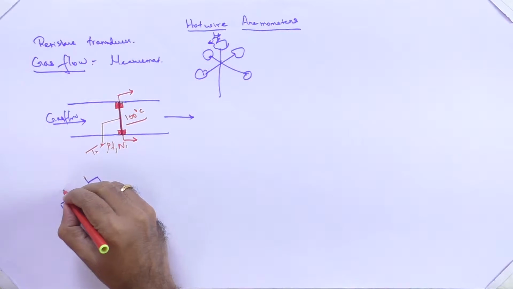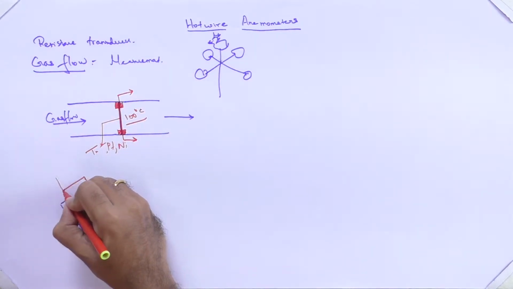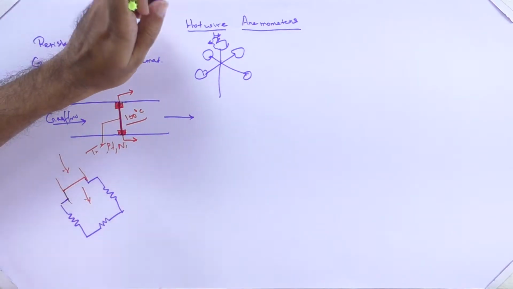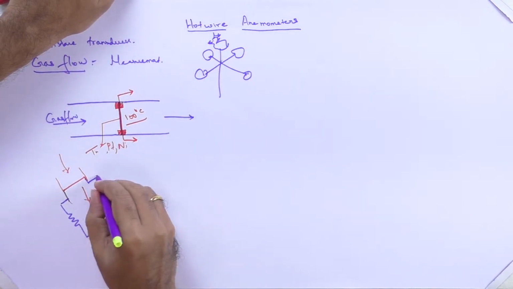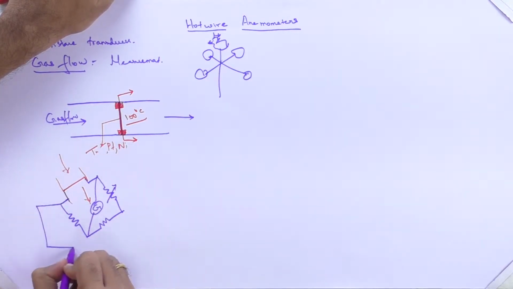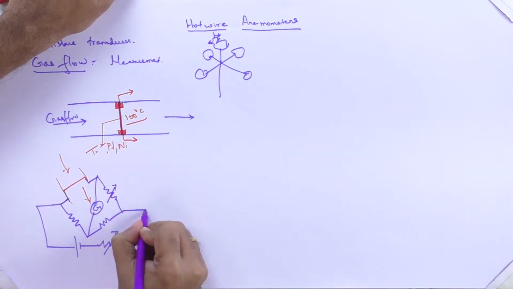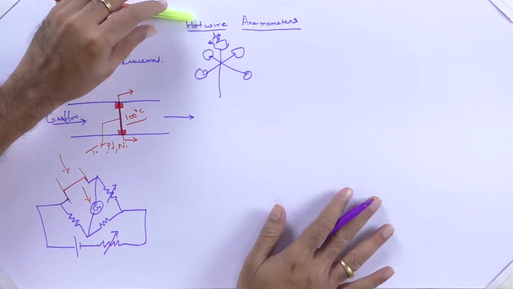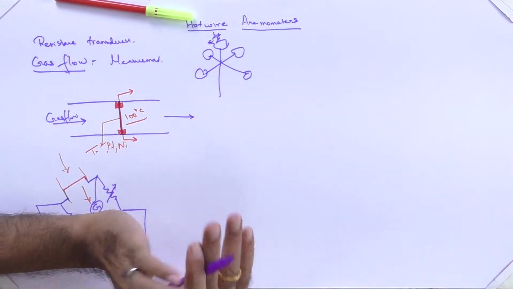Okay, so this is now connected over here, and here is our pipe, and this is the flow direction. And here we have our Wheatstone bridge connected over here, and this is the normal Wheatstone bridge which is going to be used. Now, as I told you, when there is going to be no flow change, or a constant flow,